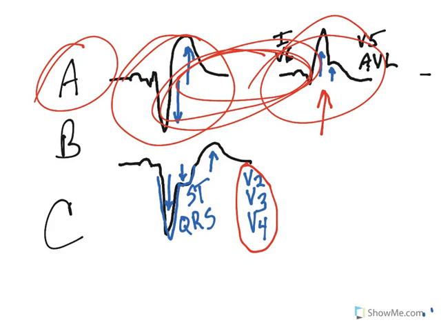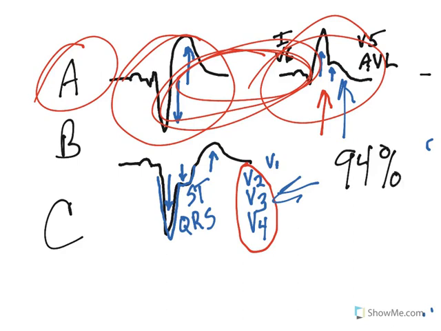I will add in lead V1, okay? Dr. Sgarbossa does not add that in, but I will add in lead V1. And lead V1, I think, is important. You could definitely see it in lead V1. So we're going to stick with that, all right? But V2, V3, V4, that's where Dr. Sgarbossa noted those. If you have this right here, or you have this right here, then there is a 94%